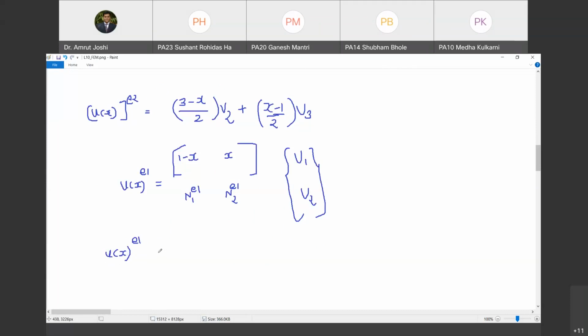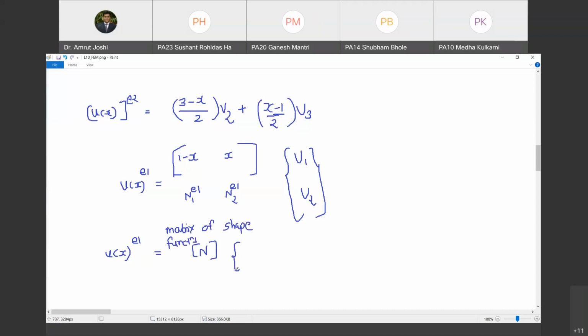It is given as the matrix of shape functions for all the nodes of that element. We denote it as N, the matrix of shape functions for element number 1,